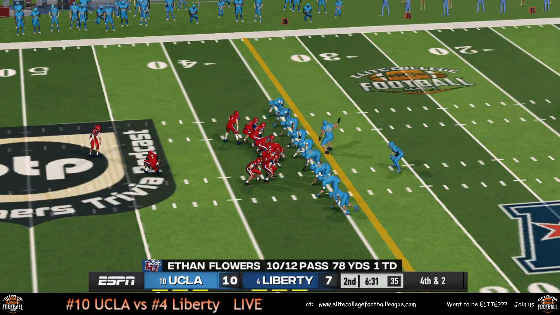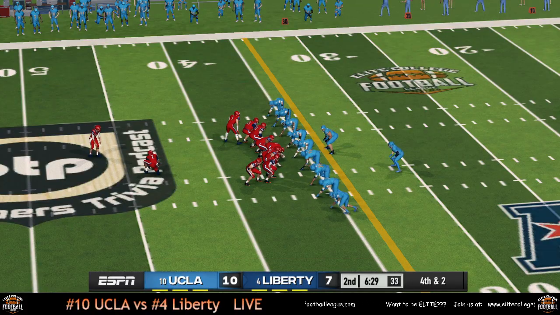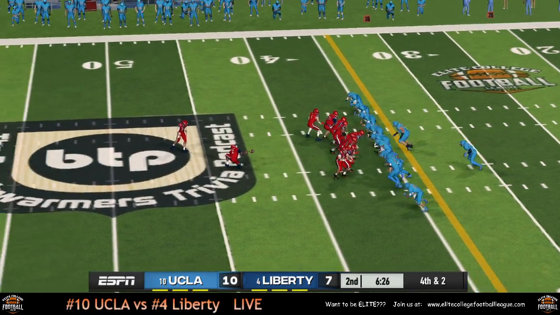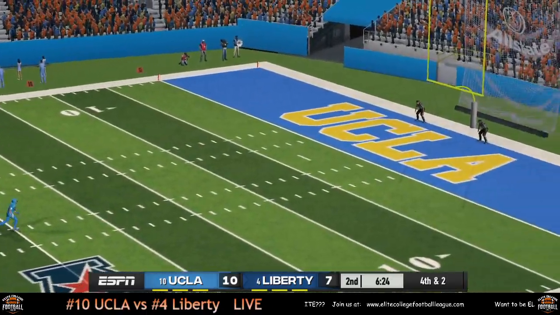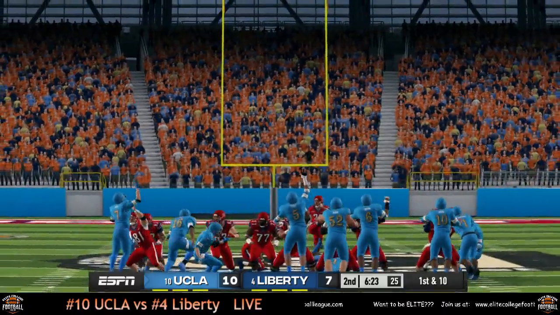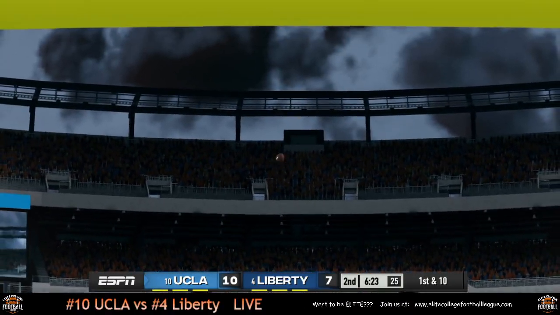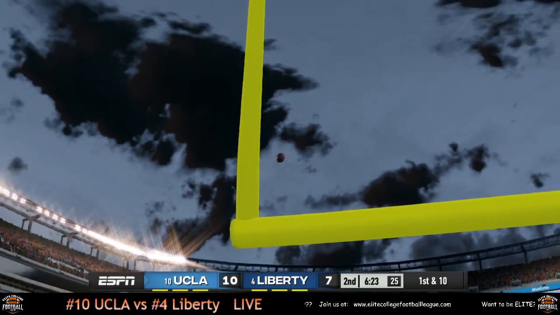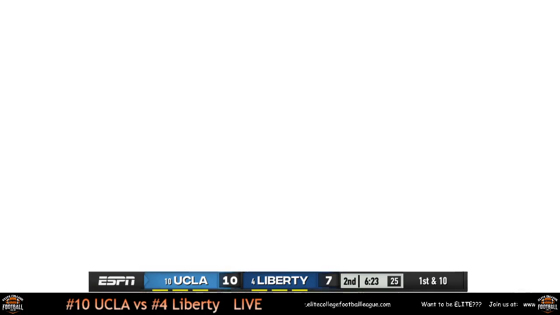So they're going to try to kick a field goal here. It looks to be about a 54-yard field goal. The kick is up, and it is wide right. Just barely.